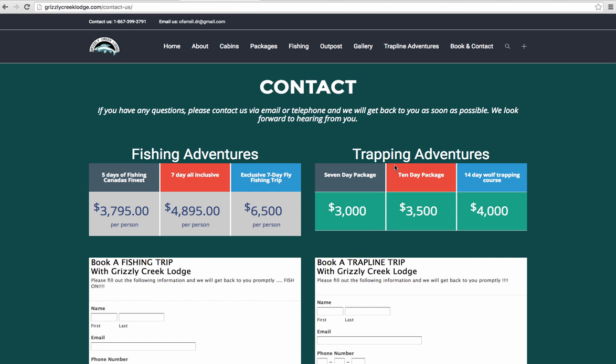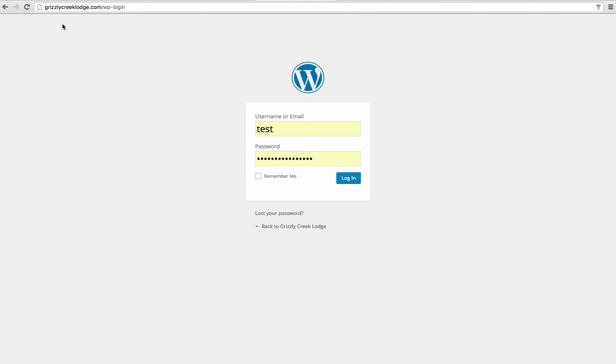So now I'm going to switch gears a little bit, and I'm going to show you the back side of this. And the back side is where you can go in then and you can update your events, and then you can also add blog posts and that sort of thing. And that's done through what we call the dashboard. Now I've already got the dashboard URL plugged in here. I'm going to click here. But basically it's